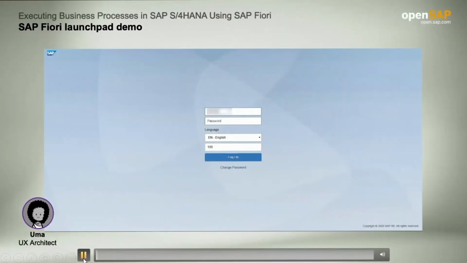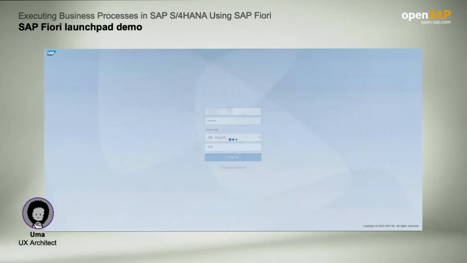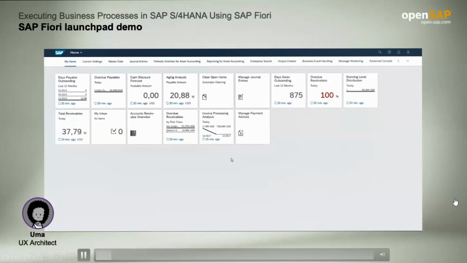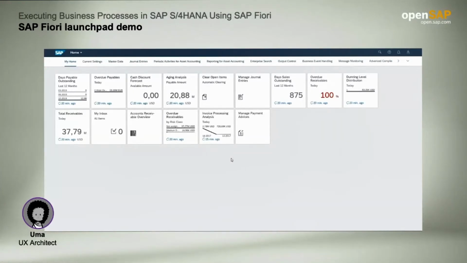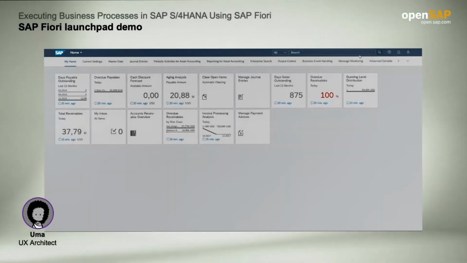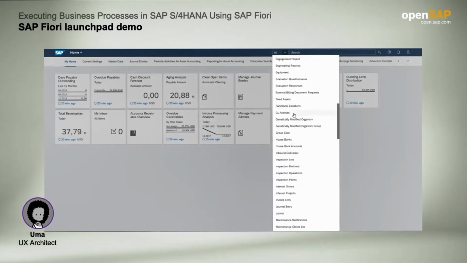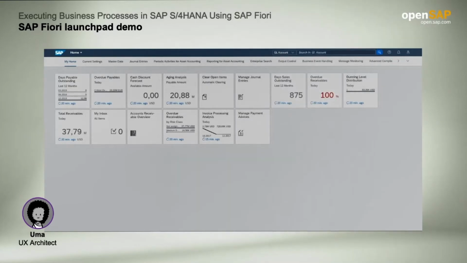I would like to show you the features of SAP Fiori Launchpad. The SAP Fiori Launchpad is available directly through the browser. It is our single point of entry where the availability of applications varies according to the role of each user. Let's use the SAP Fiori Launchpad Enterprise Search. This helps to search any app or business object in all connected systems. Let's look at GL account as an example.